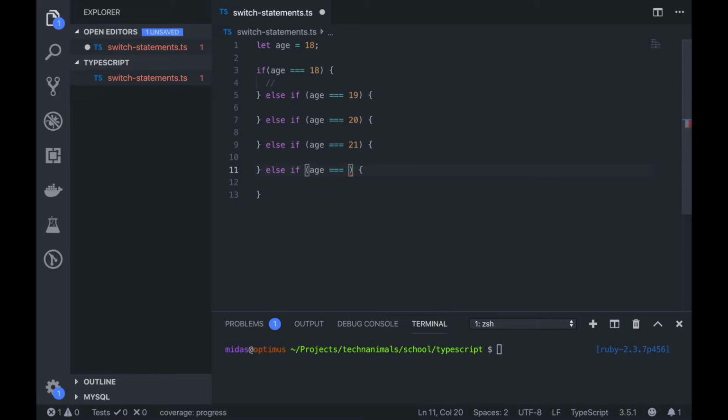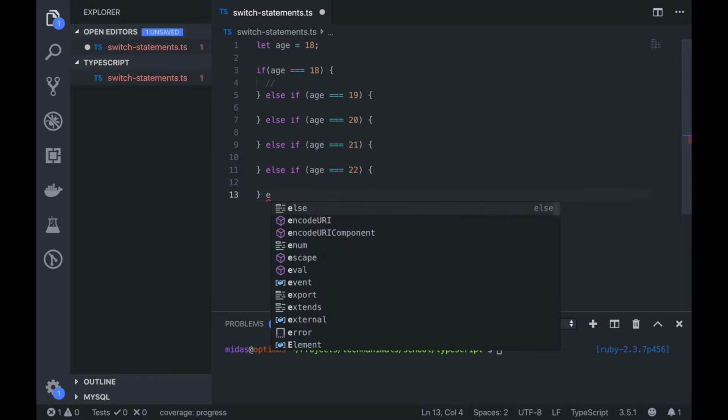So you can actually have as many else ifs as you want, but you can only have one else,